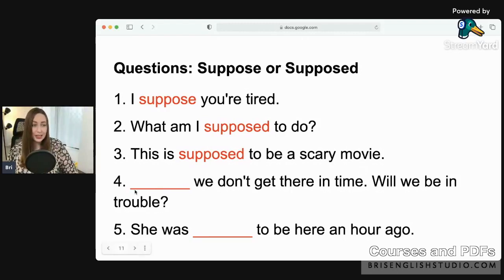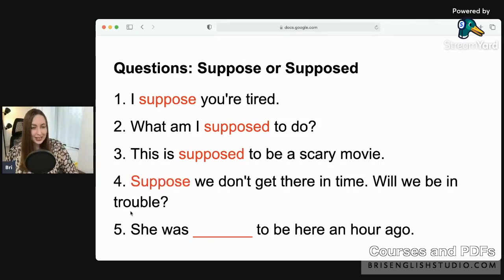Number 4, something, suppose or supposed. We don't get there in time. Will we be in trouble? Suppose or supposed, we don't get there in time. Will we be in trouble? Oh, Devashka, Brenda, good job. Ali, good job. Amir, Jeff, Mohammed, very good. Saul, okay. So number 4 is